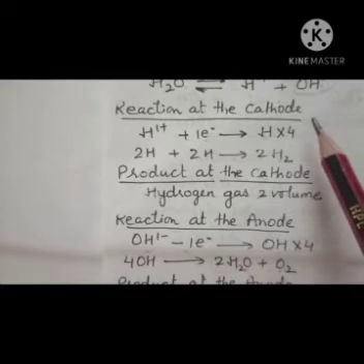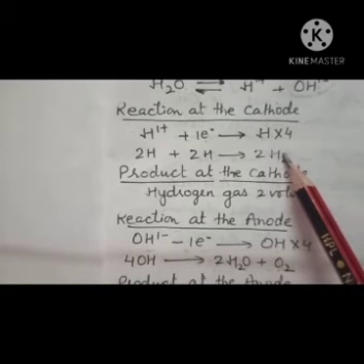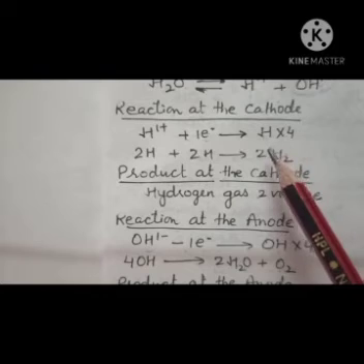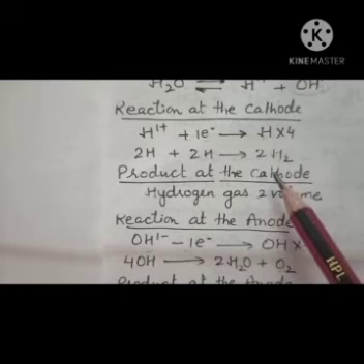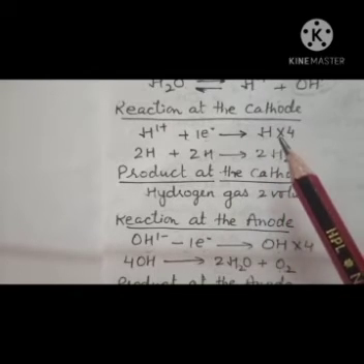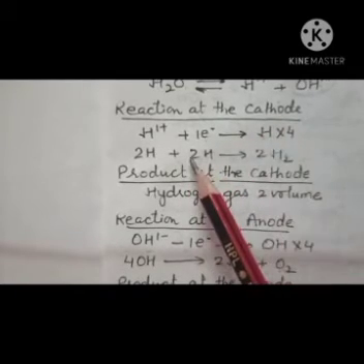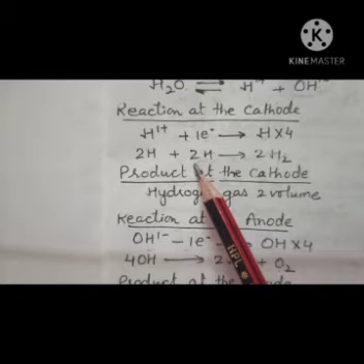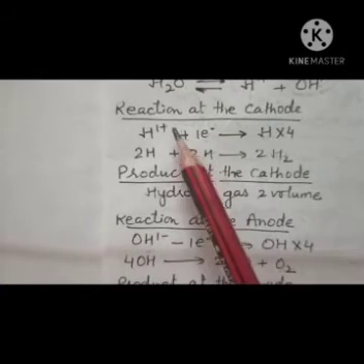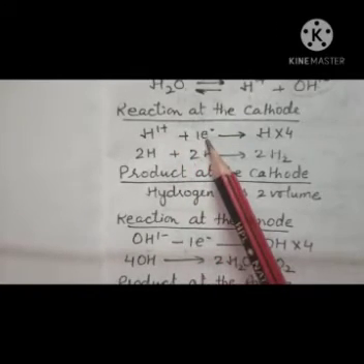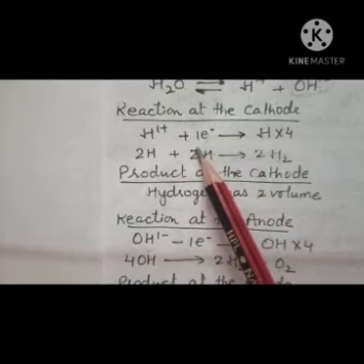Okay, one thing always remember, electrolysis is a redox reaction. What do you mean by redox reaction? The reaction in which oxidation also takes place and reduction also takes place. And what is reduction? Gain of electron is called reduction. So at cathode, which process takes place? Reduction takes place. Why? Because the hydrogen ion gains 1 electron, and gain of electron is called reduction, right?